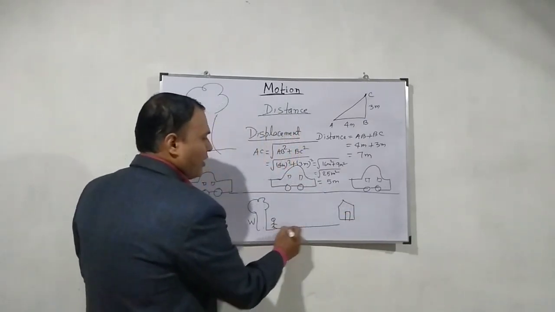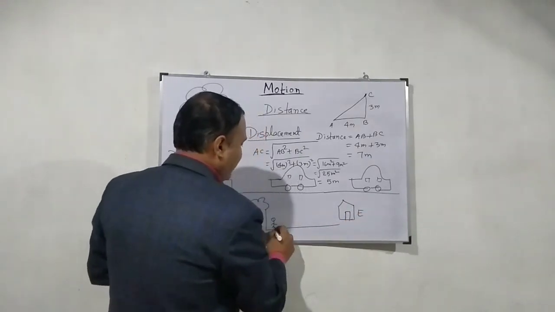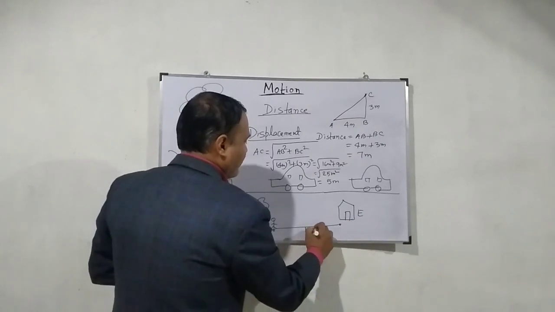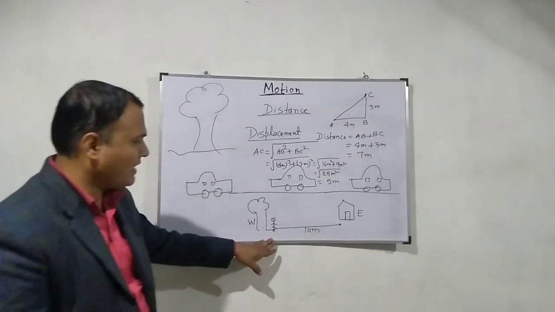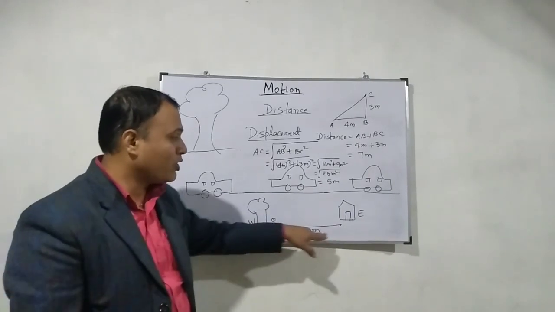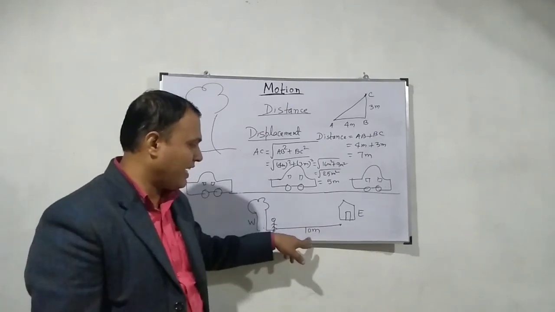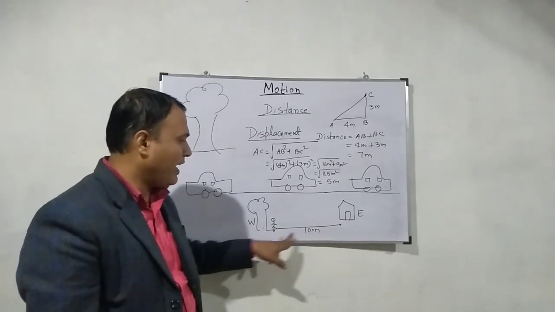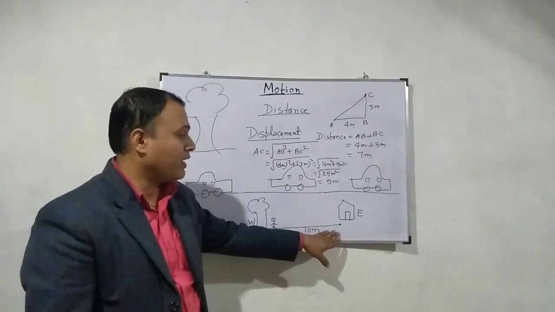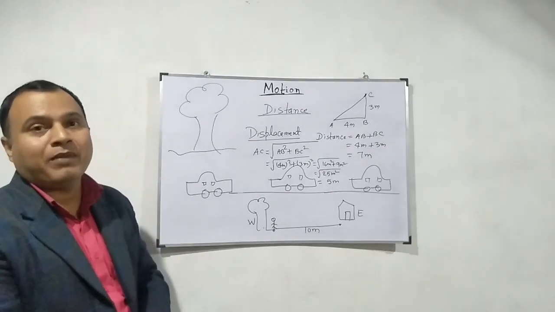So the man goes towards the east direction. Now the distance between this point and this point is 10 meter. So in this case, displacement is 10 meter, and the distance is also 10 meter because the distance between this point and this point is 10 meter. This is the initial point and this is the final point. So displacement is 10 meter and distance is also 10 meter. Sometimes distance and displacement may be the same, but